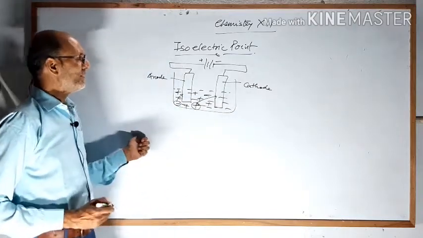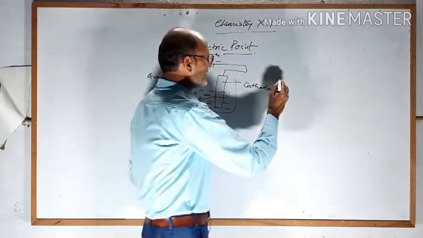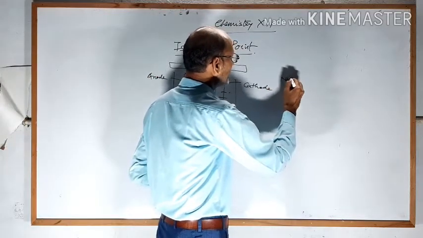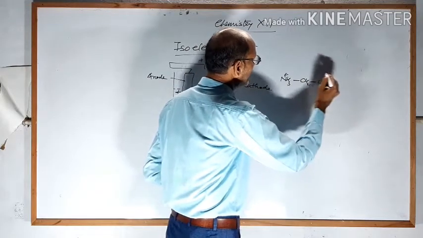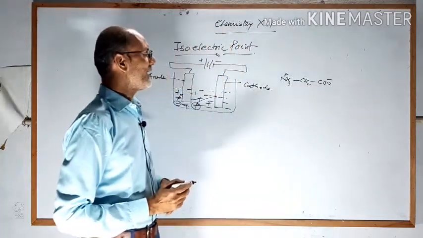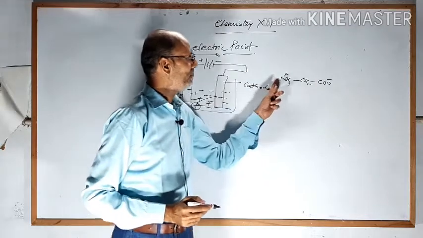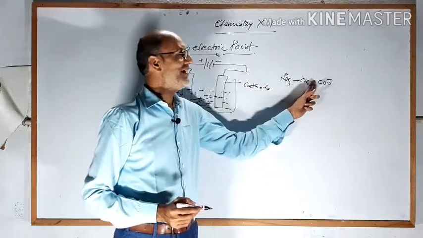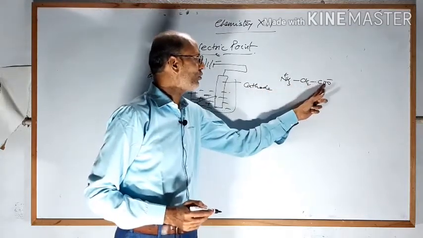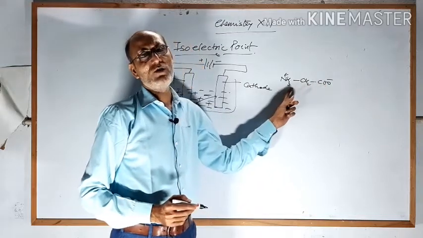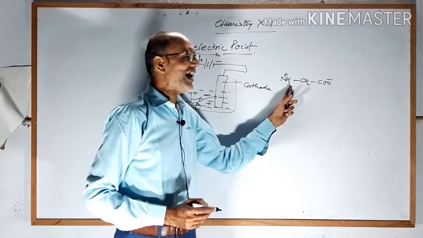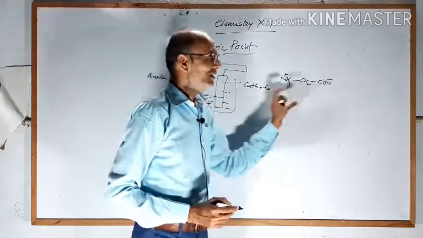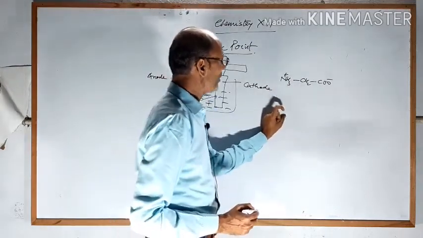As you know, the zwitterion contains NH3 positive, single bond CH2, single bond COO negative. This is the glycine zwitterion, it contains both positive and negative ions, that's why it is called zwitterion. What is the other name of the zwitterion? Amphoteric, or you can say dipolar ion, and the next name is internal salt.